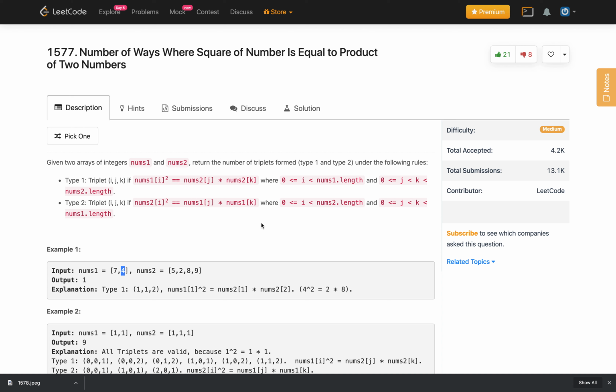Let's solve the LeetCode problem: Number of Ways Where Square of Number Is Equal to Product of Two Numbers. Given two arrays of integers nums1 and nums2, return the number of triplets of type 1 and type 2